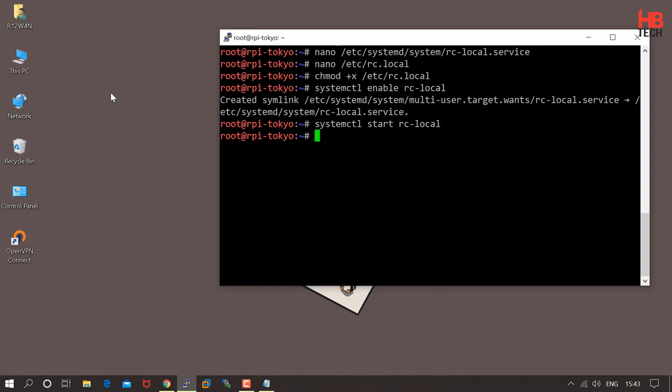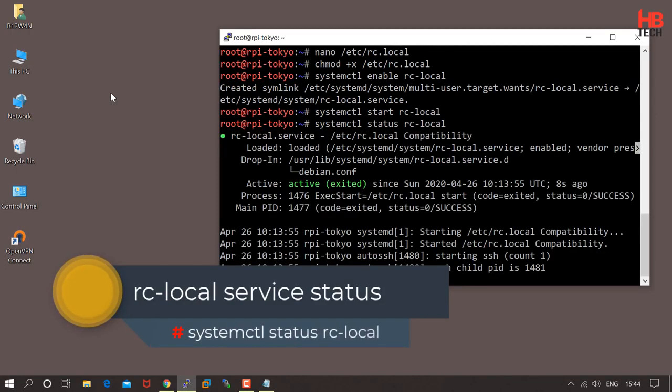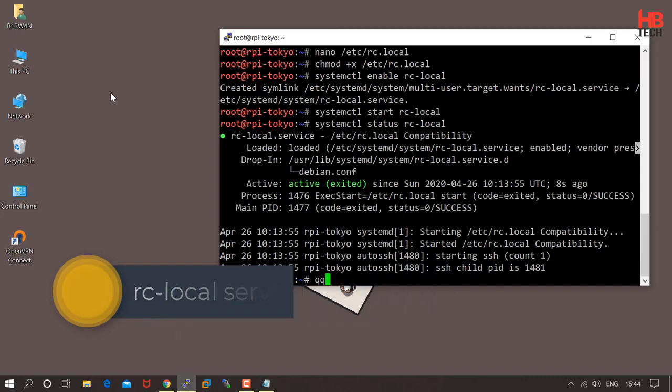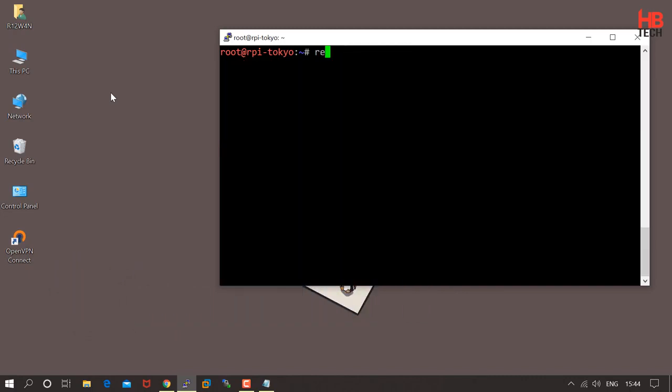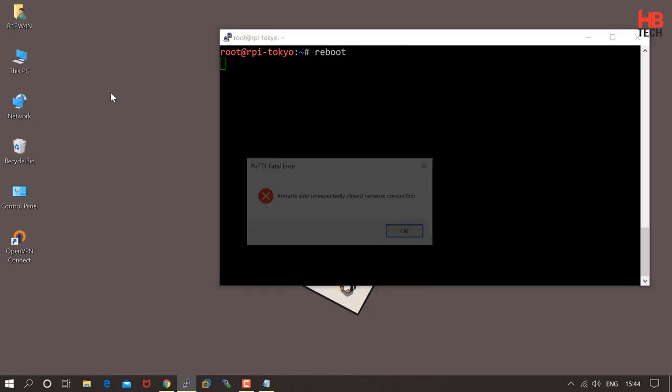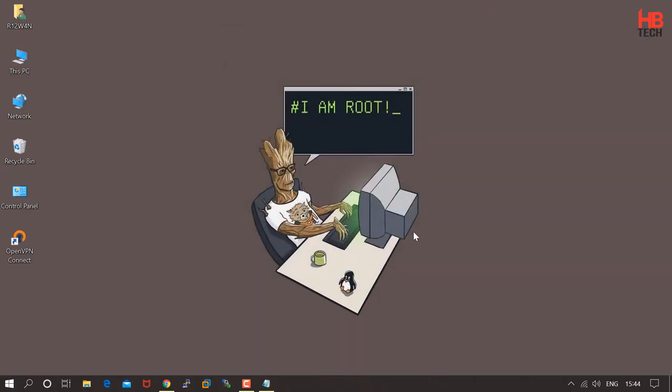To check the status of the rc-local service, systemctl status rc-local. Done with the dropbox configuration. Reboot once and let's test the connection.